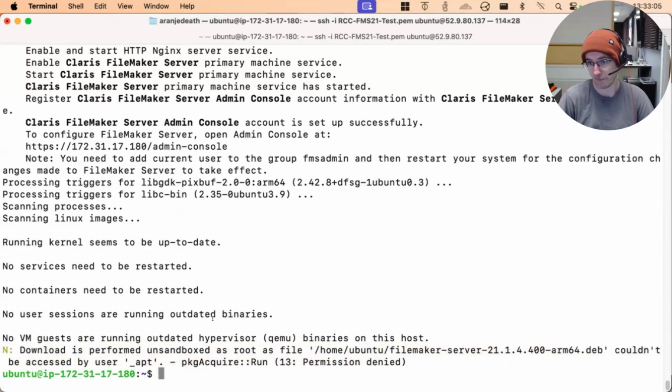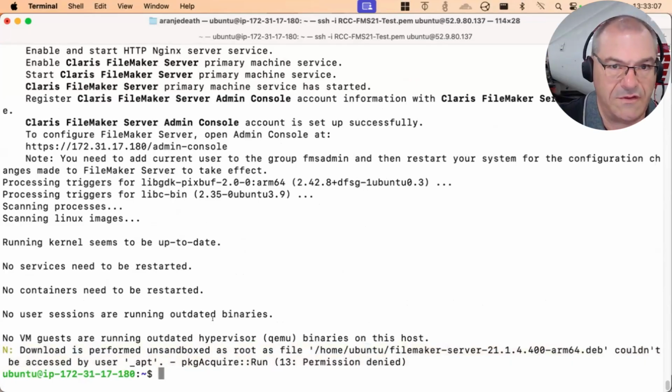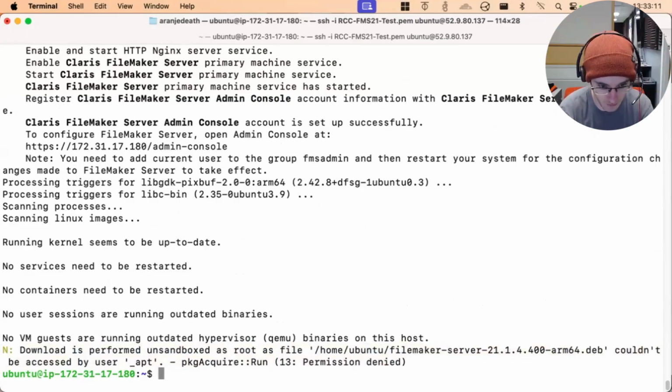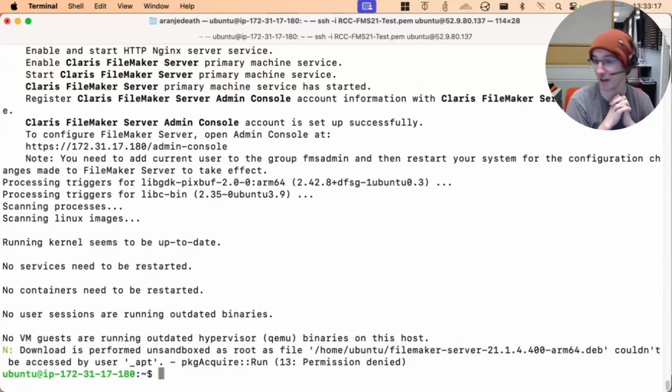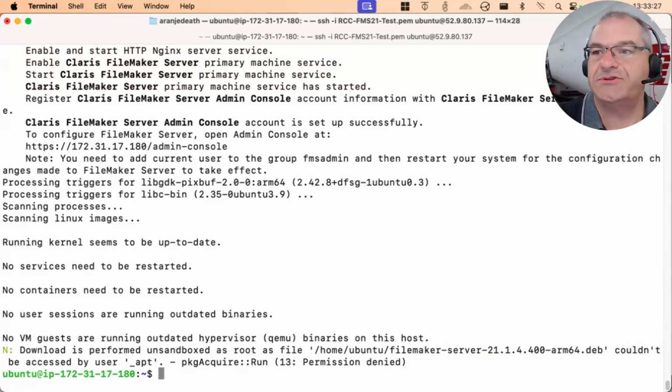So if I want to log into the admin console for this, I have to use HTTP. You don't have an SSL on this yet. I do not have an SSL, so you're going to have to do extreme battle with your browser. And you're probably using Safari, so they may still let you work around that. I can switch to Chrome.